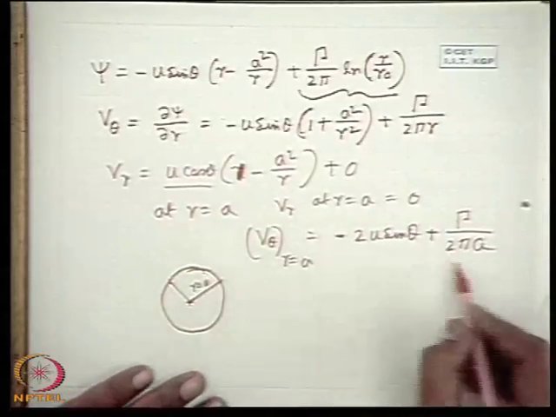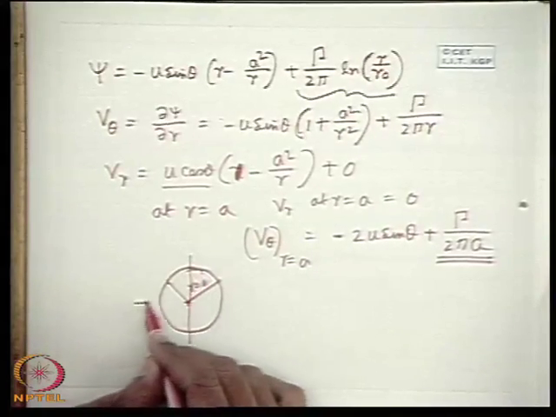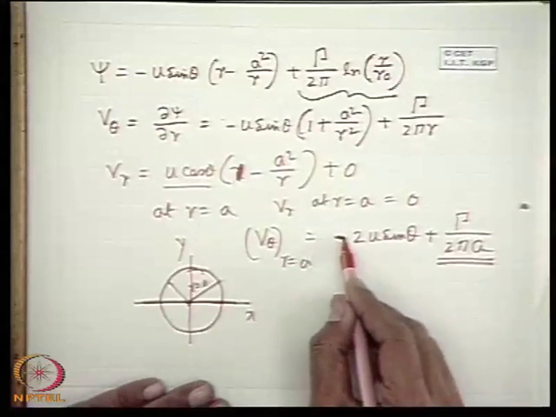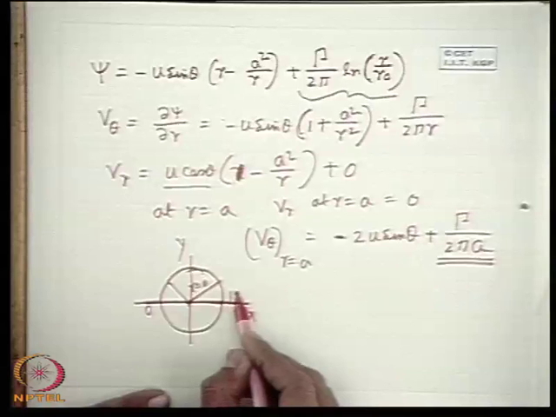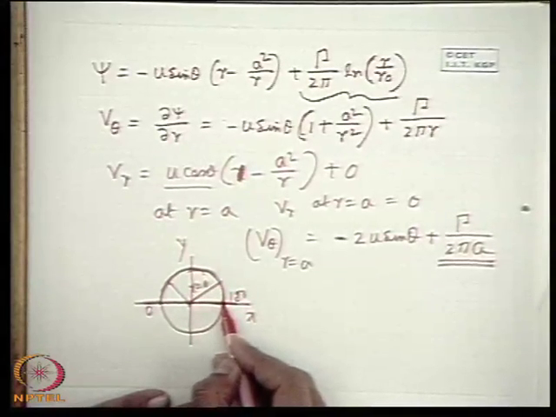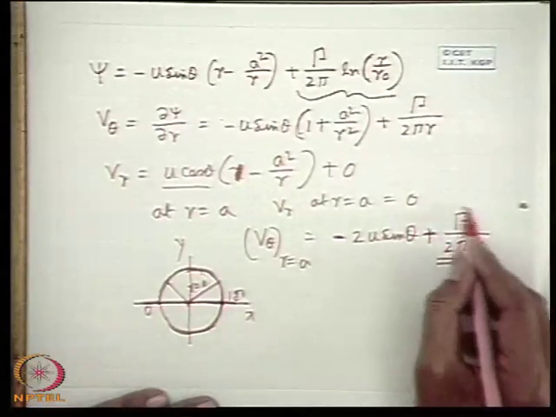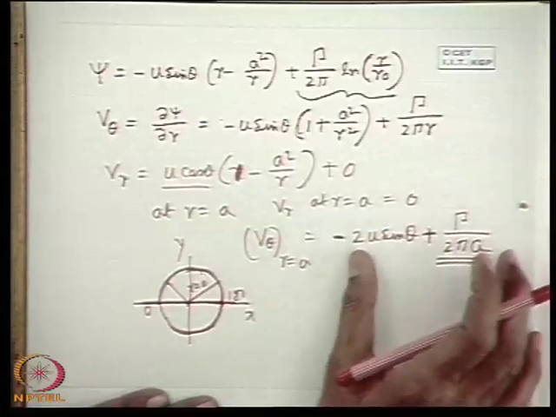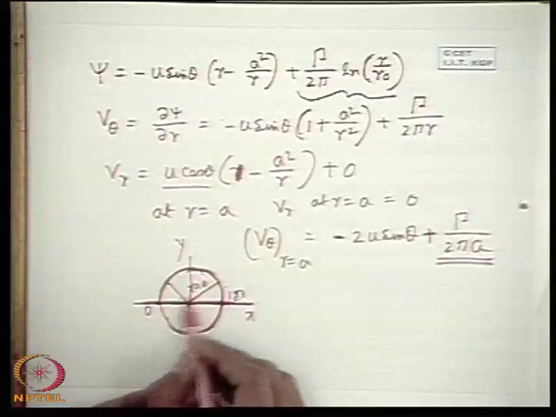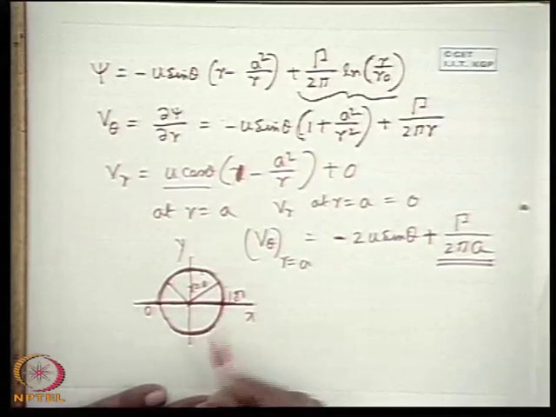So therefore it is distinct that this term creates an asymmetry. That means the velocity vector now is not symmetric about this x-axis. This is because sin theta changes its sign from 0 to 180 degree and back to 0. So from 0 to 180 degree sin theta has got one sign, and the sign of sin theta changes from 180 degree to 0. So this sign is changing, and this is superimposed with a constant term gamma by 2 pi a. So therefore V theta is never symmetric about this axis. That means the flow field becomes asymmetric. The flow field about this half and the flow field about this half will be different.